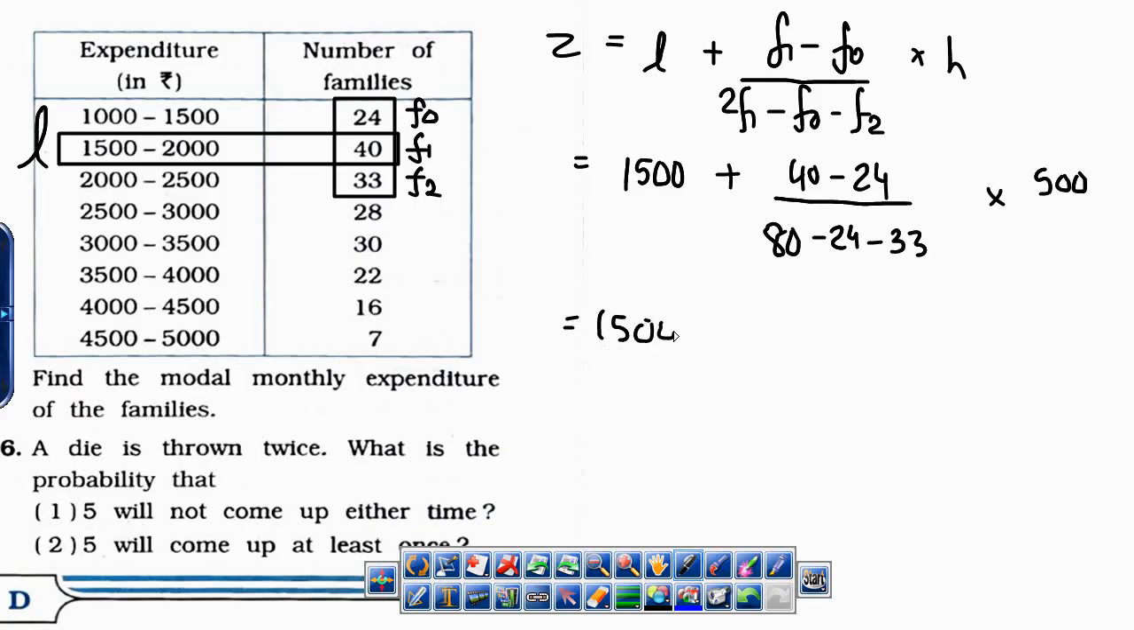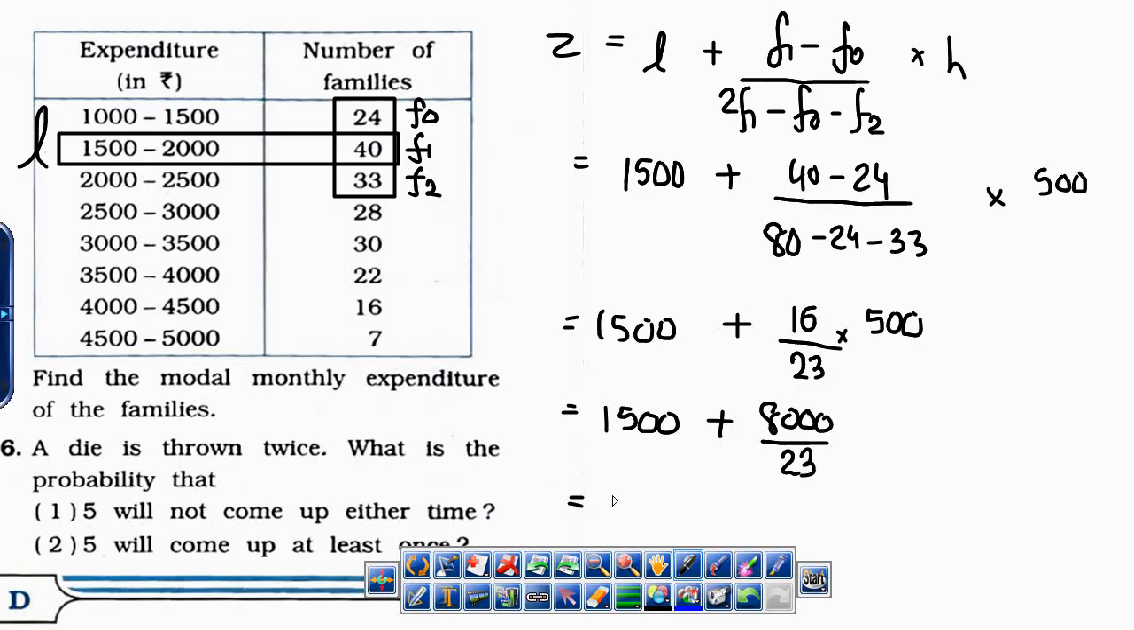1500 को छेड़ना नहीं है, उसको अकेला छोड़ दो. 40 minus 24 is 16. 80 minus 24 minus 33 is 23, multiplied by 500. 16 into 5, 23 कैंसिल तो होता नहीं है. So 16 into 500 is 8000. And 8000 upon 23